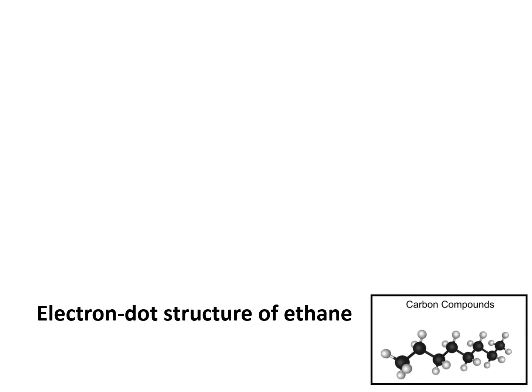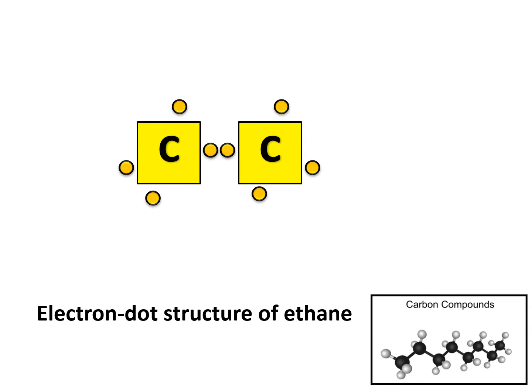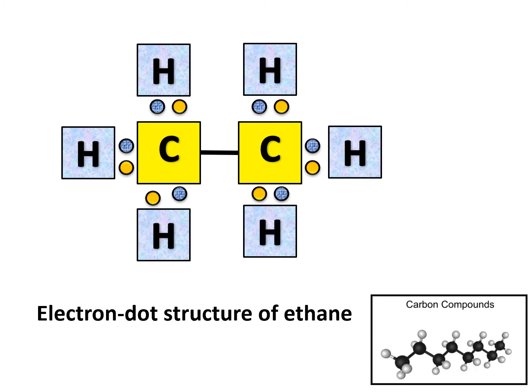Next one is the electron dot structure of ethane. These are the four electrons. Then the two carbons are joined by a single bond. Since there are three valencies of carbon left, they are fulfilled by hydrogen atoms. Sorry, three bonds between carbon and hydrogen are formed. So one bond is between carbon and carbon, and three other bonds are formed between carbon and hydrogen for each of the carbon atoms.